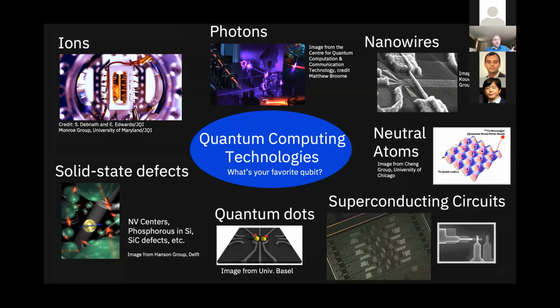One class is based on atoms. These would be the trapped ions, solid state defects, neutral atoms. Here, your quantum state, your qubit, is going to be either two different excitation levels of these atoms, or even, in the case of trapped ions, mechanical motion of the atoms inside of the trap. We manipulate them using lasers.